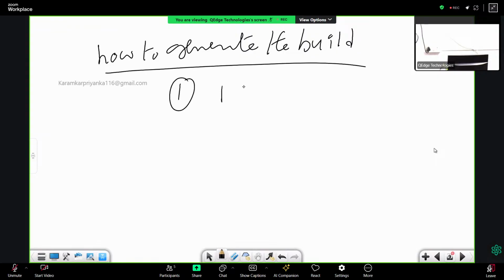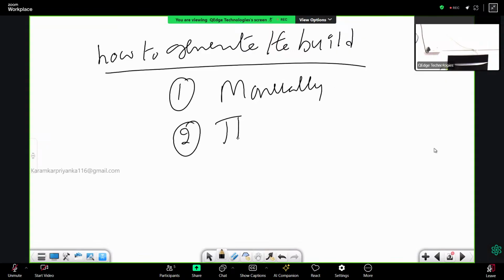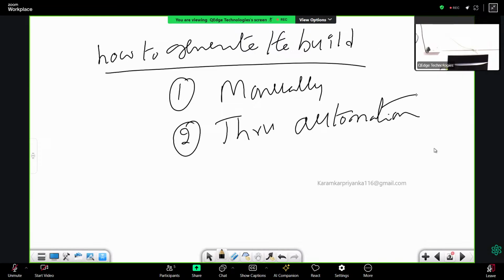One is manually and the other through automation. Manual in the sense, the manual process is a more time consuming process, boring process, right? So that's why